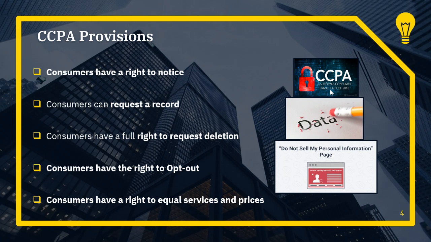Now, consumers also have the right to request deletion of personal information. It is here that companies have to determine the expectations of their particular consumers and follow the information trail to process the request. Now, consumers have the right to stop the sale of their personal information, also known as the right to opt out. Businesses have to put a special "do not sell my personal information" button on their websites to make it super easy for consumers to object. Now, the CCPA also prohibits businesses from discriminating against consumers by denying goods or services, charging a different price or rate for goods or services, or providing a different level of quality of goods and services.